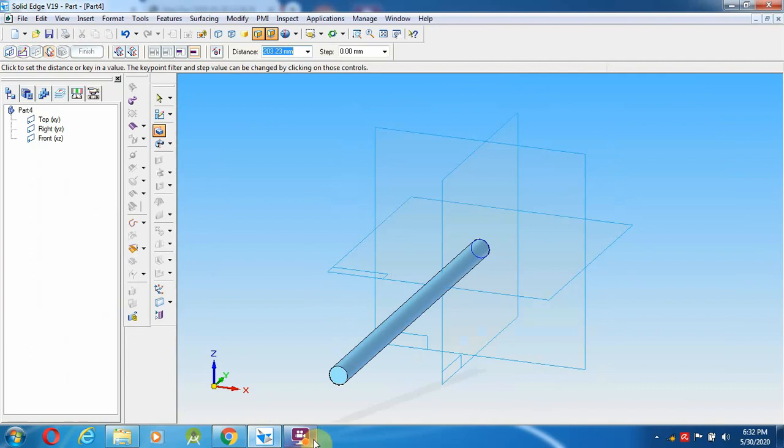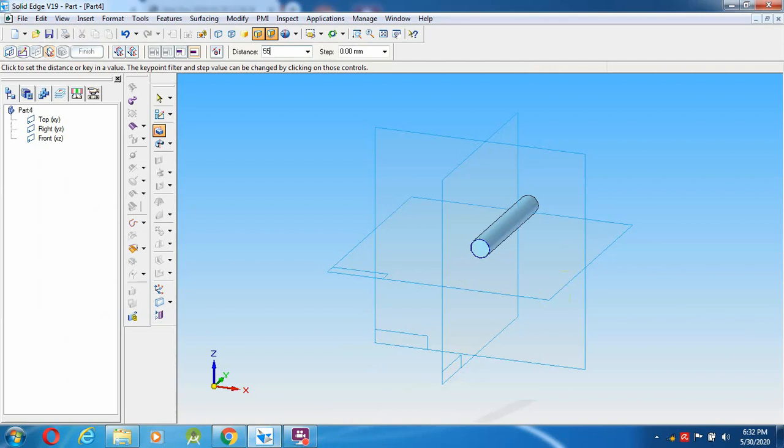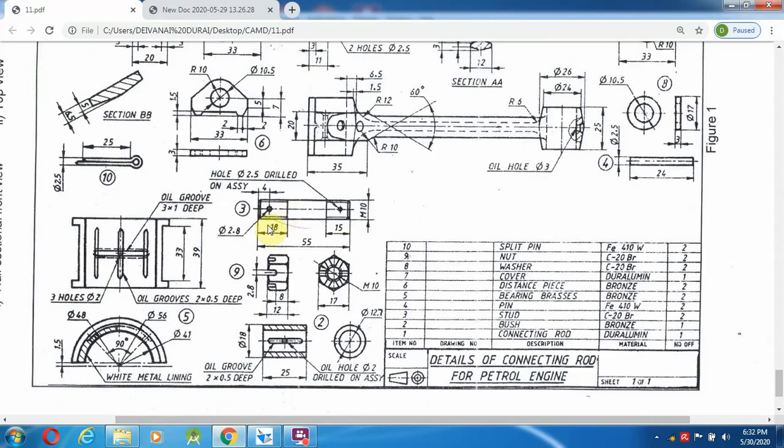So how much mm does it have to move? 55 mm. 55 mm, left and right click. So now here, only 18 mm from this distance comes as thread. The other side it is 15 mm.